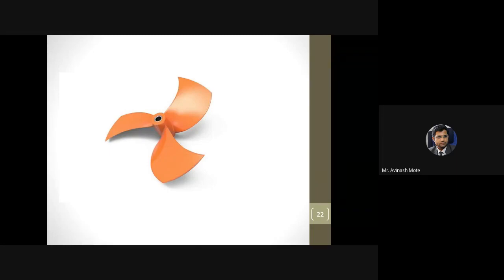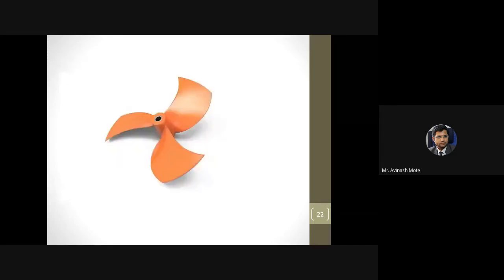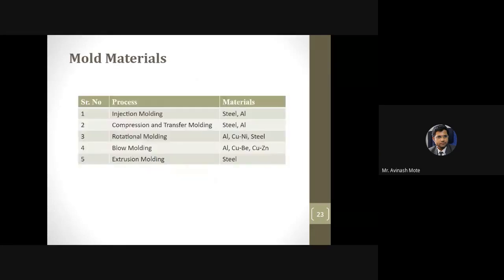Okay, so these are the inserts which are required for assembly purpose, or providing mechanical strength, or to adjust with the wear and tear. And the last one is the mold material. Okay, now see,